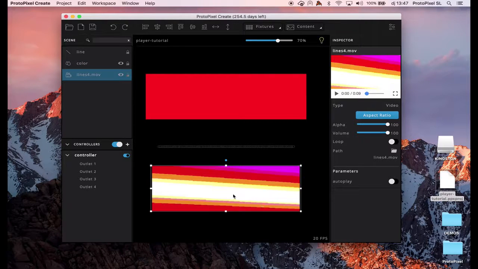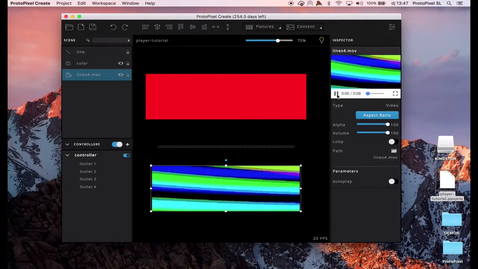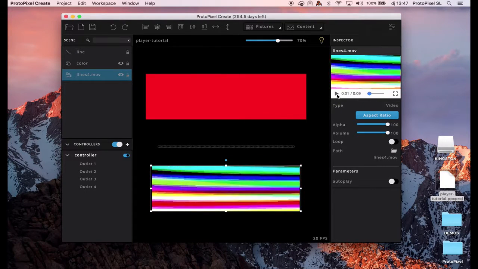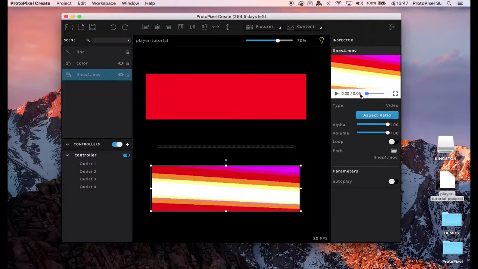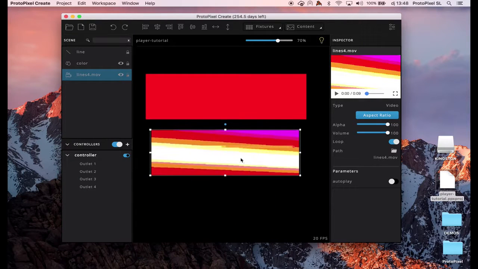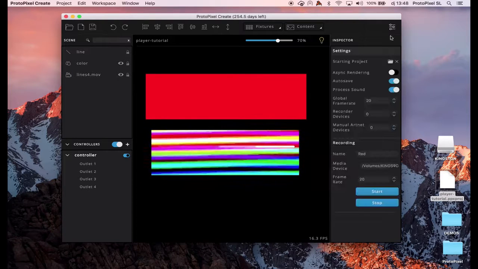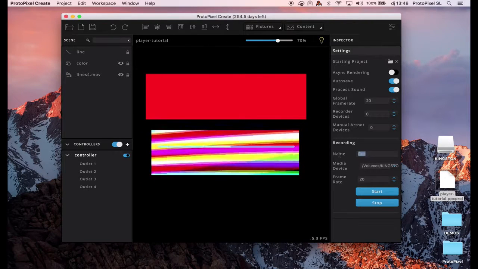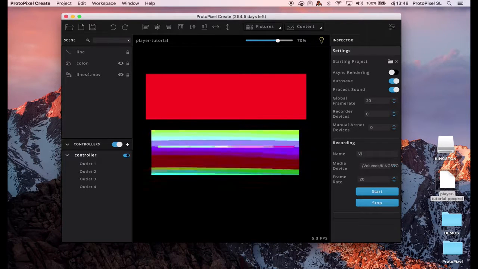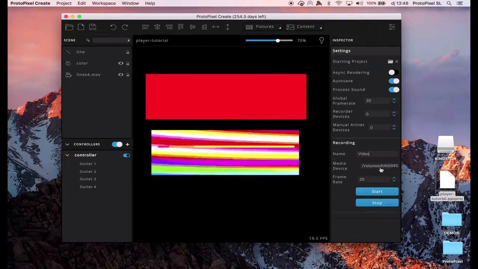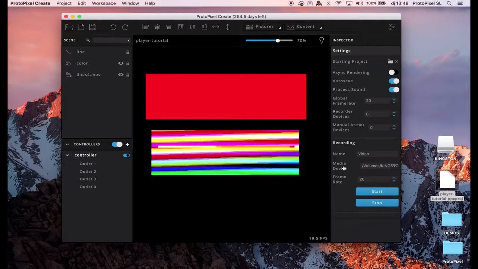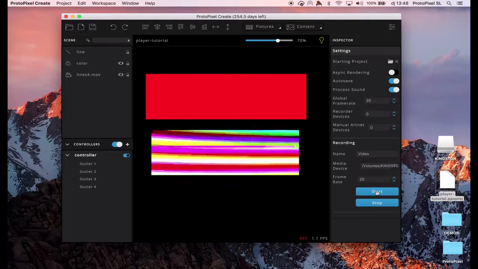Let's do another one with the video. We have this very simple video. And let's add a loop here. And we can start. And now we go here. It will be our video on the same USB. And we can start.